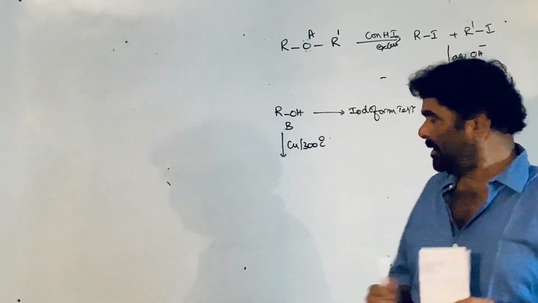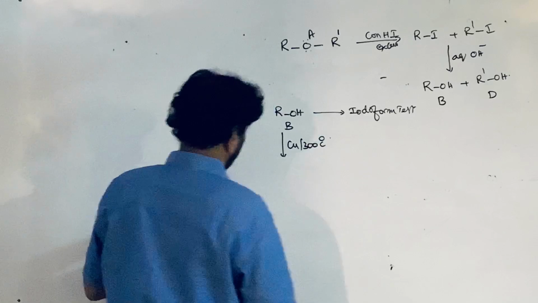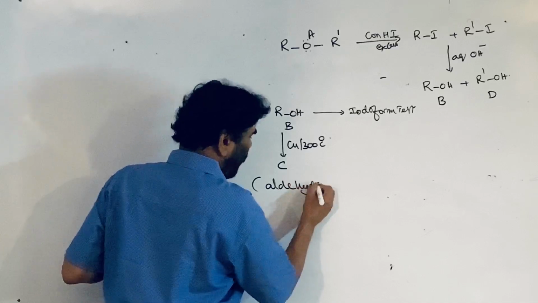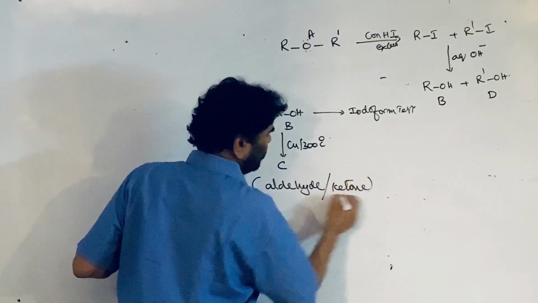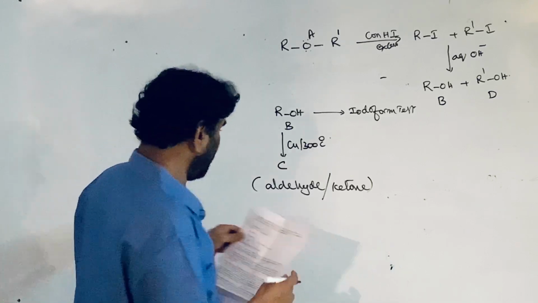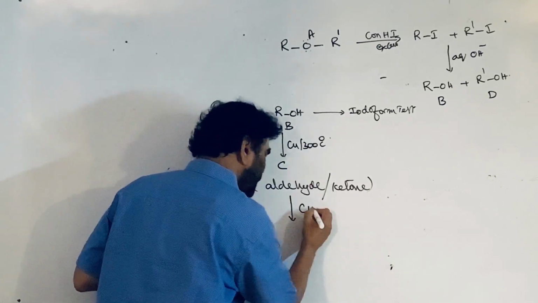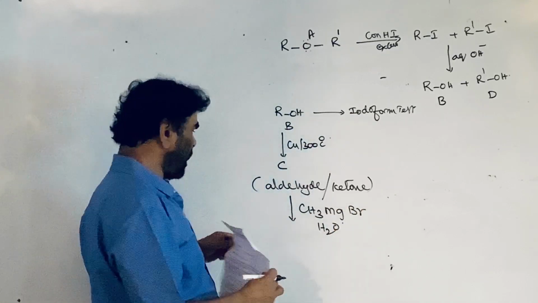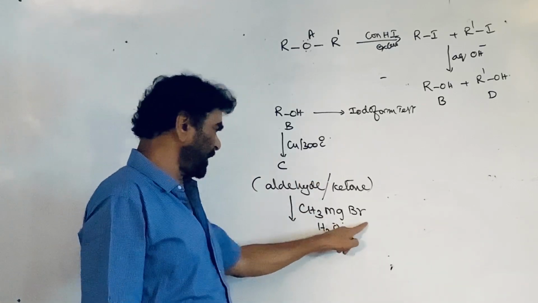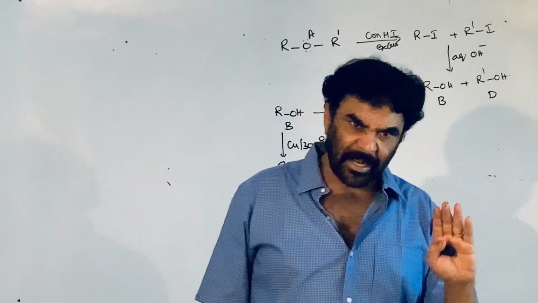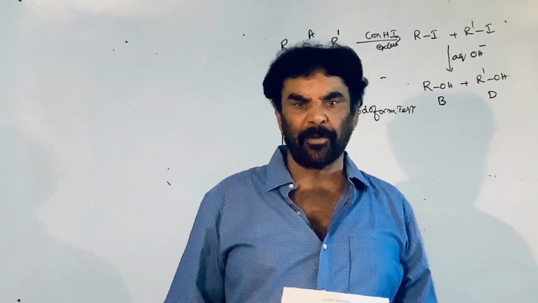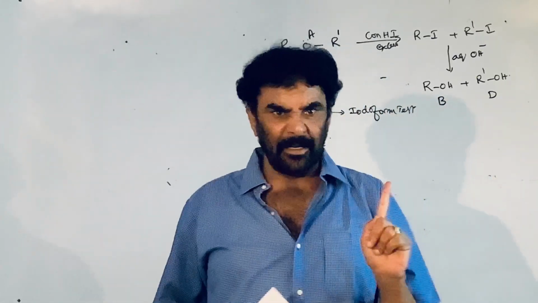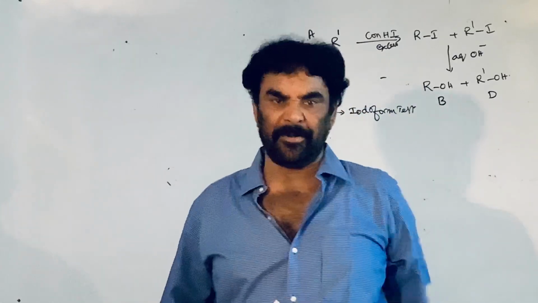Primary alcohol to aldehyde. So B is giving the C. This is aldehyde or it can be ketone. We do not know. We have to check that. This is treated with methyl magnesium bromide followed by hydrolysis. When aldehydes and ketones are treated with methyl magnesium bromide, any Grignard's reagent, what happens? The carbonyl compound is converted into the alcohol, right? Aldehyde to secondary alcohol. If it is a ketone, tertiary alcohol is formed.